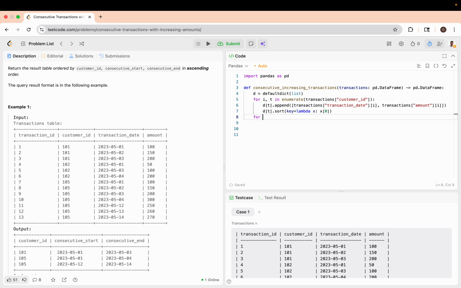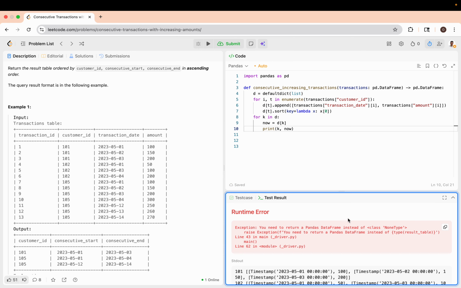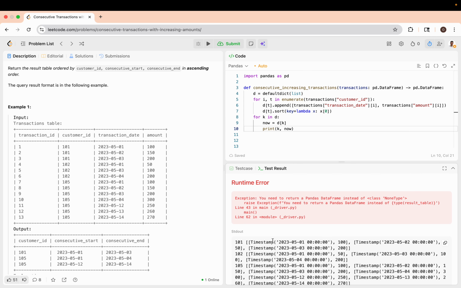Okay, so now let's loop through each key in the dictionary. Let's call this now, and let's print k and now. Okay, so we sorted by the timestamps, aka the 0th index in each sublist. And now we just want to,